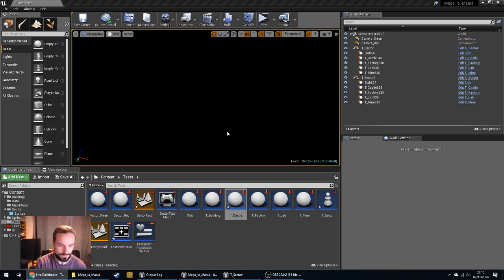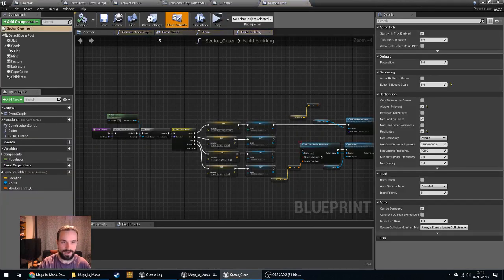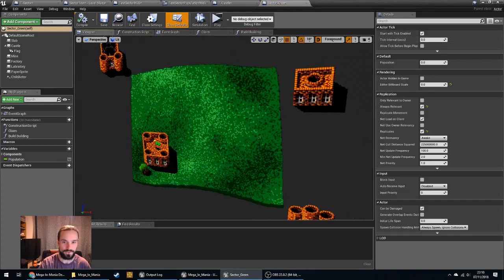So it's been a few days since the last stream on Monday, I think. And I have thought about and tested a few things since and have come up with a bit of a plan on how to proceed. So last time we were looking at the sector green and sector red actors that I created that currently look like this,